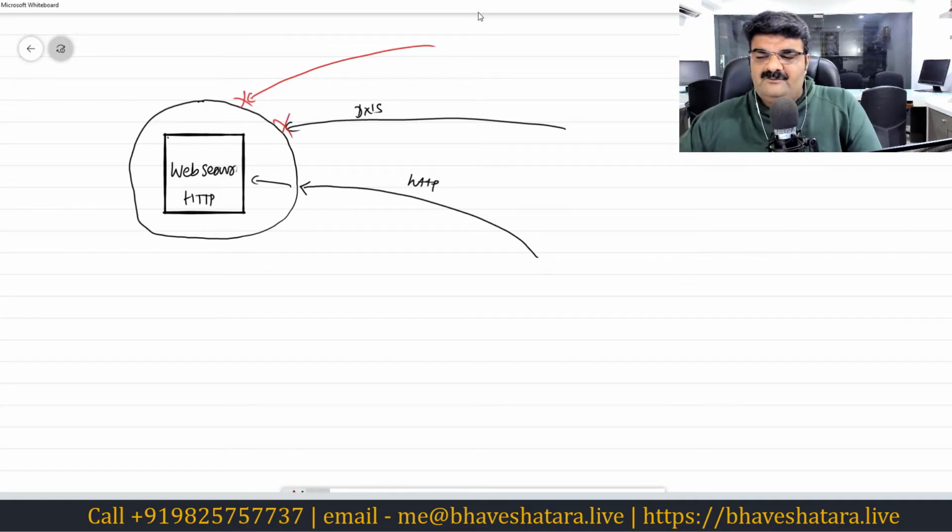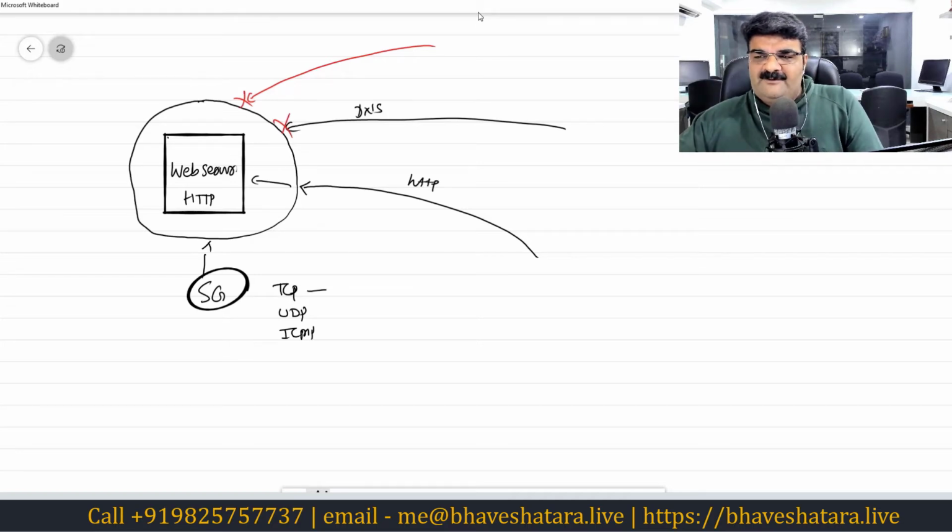Now how can you do this? First of all, you have to configure the security group. When you configure the security group, it will ask you for 3 main points: TCP, UDP, and ICMP. As I explained, some application layer protocols use TCP as the transport layer protocol, and some application layer protocols use UDP as the transport layer protocol.